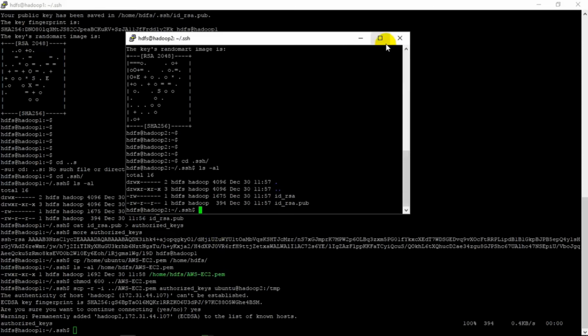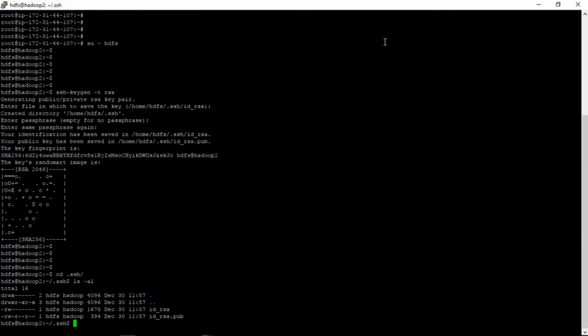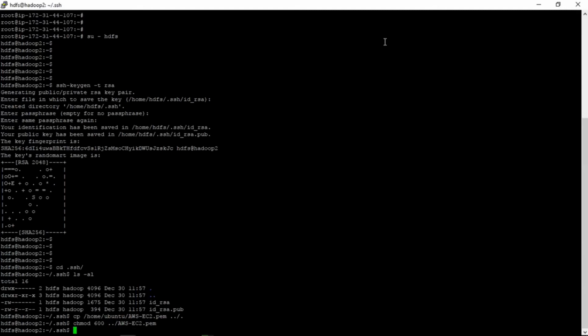Now go to Hadoop 2 and do the same. First do the Ubuntu user, okay, change the permission to 600. Great. And whatever this,